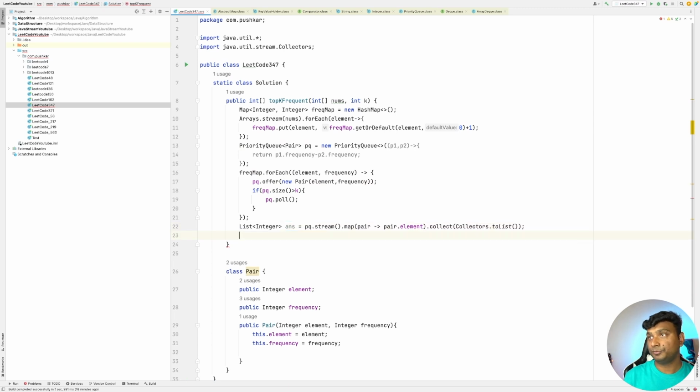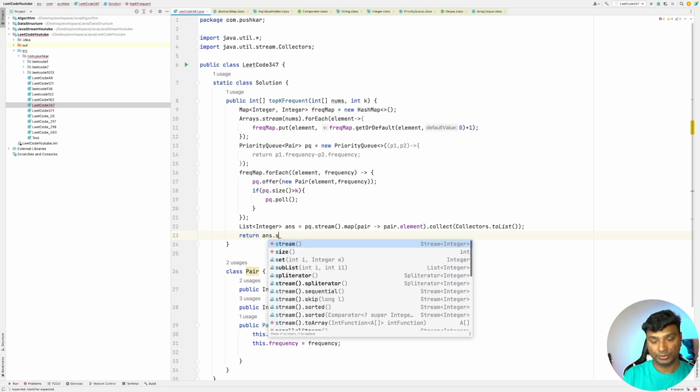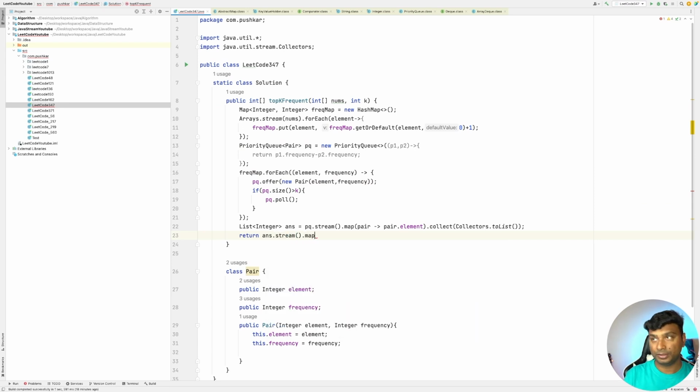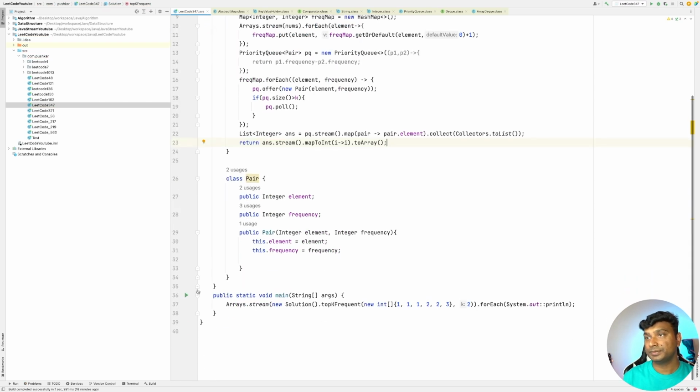This function expects output as an integer array, so let's convert this into an integer array. Return answer dot stream dot mapToInt, toArray. So let's run this.